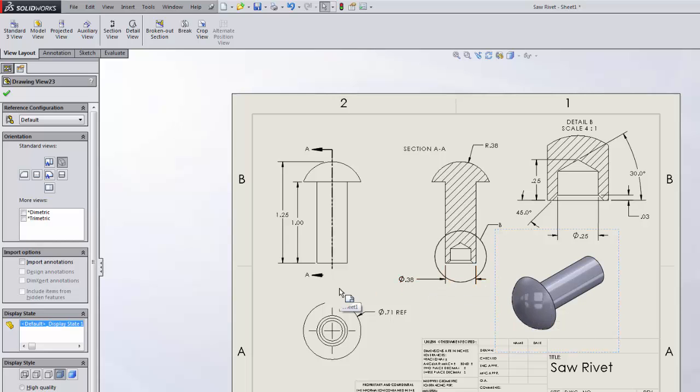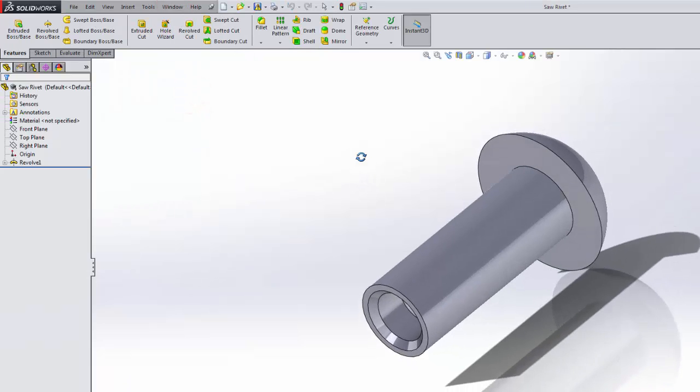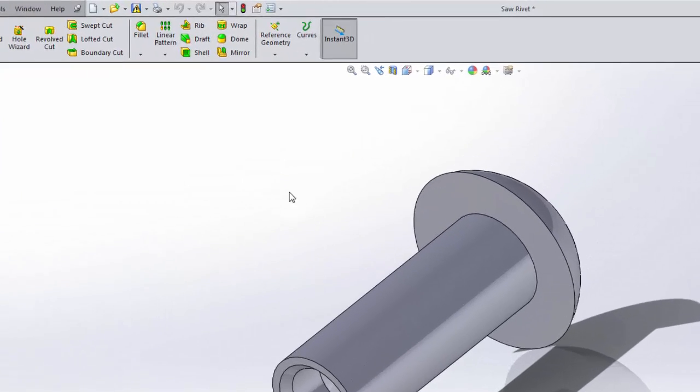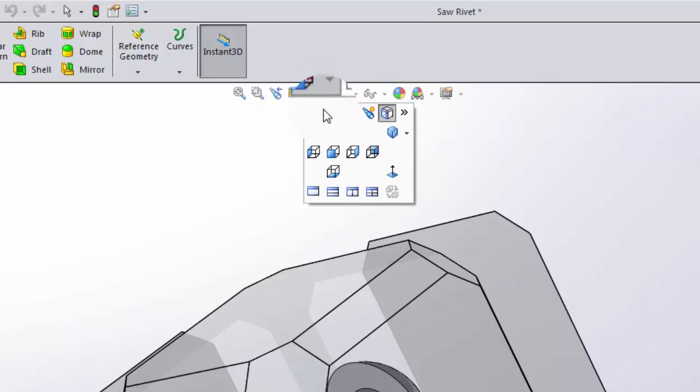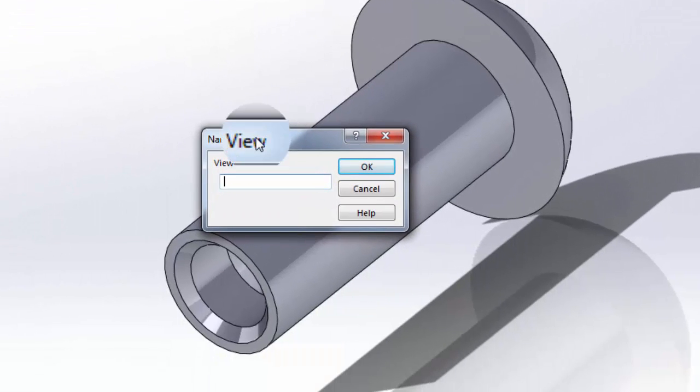So what I'm going to do is go to the model. This is more the view that I would like. I'm going to go to views, and I'm going to name this view. I call it